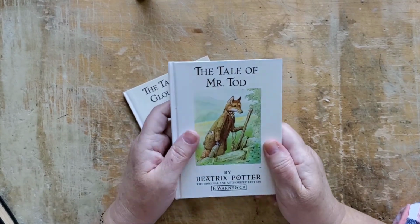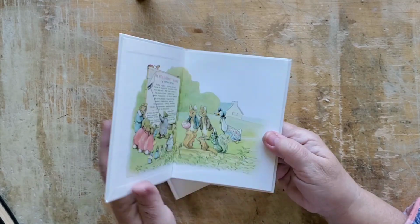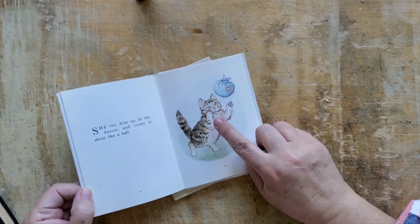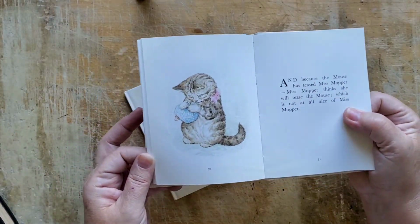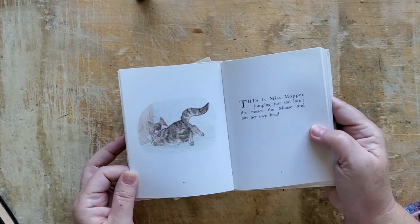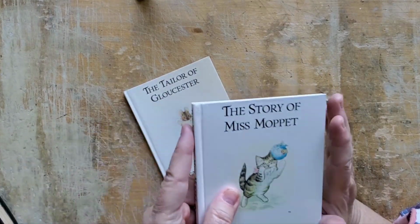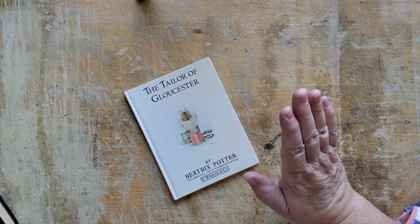So I found The Tale of Mr. Todd. I always love the illustrations from Miss Moppet because it's just full of pictures of playful kittens. So look, almost every single illustration is just a playful little kitten. Love this one to take apart and tea dye and put into books. And then,